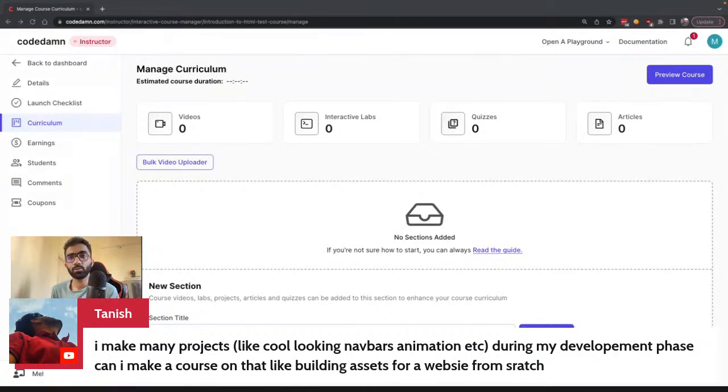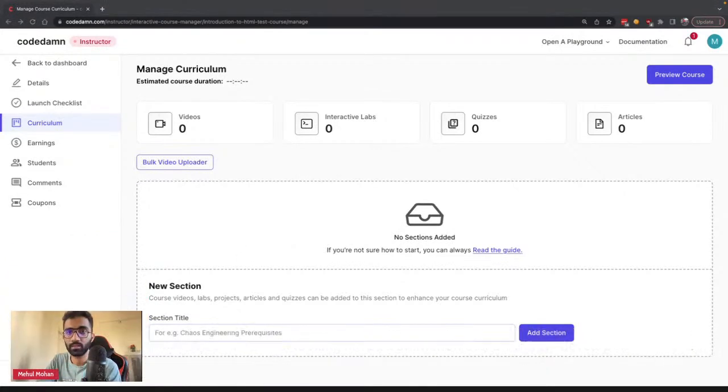And then you can walk them through how to create these cool nav bars and how to create these animations in a step-by-step manner. And you can use these playgrounds as exercises for them, whether they are putting in the correct styles, whether their layouts look okay or not. And we will take how to set up those labs.